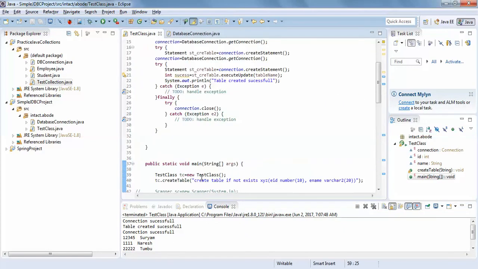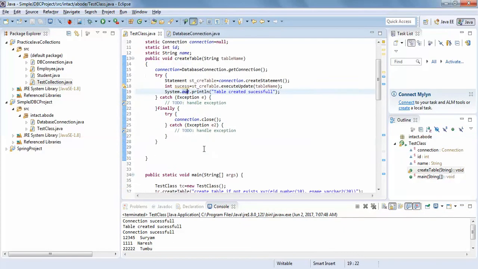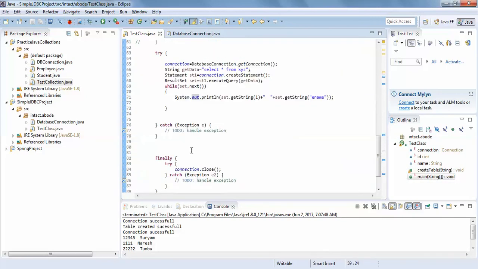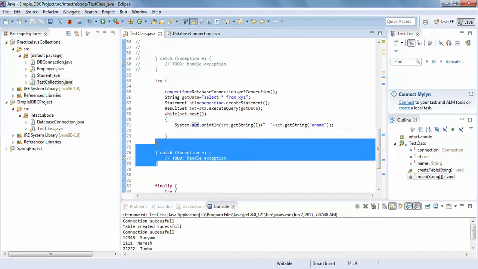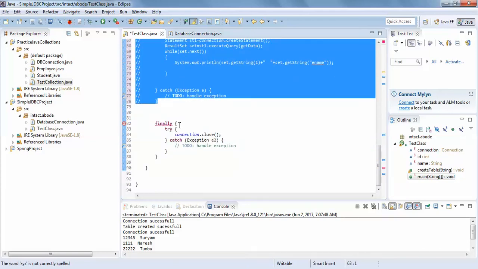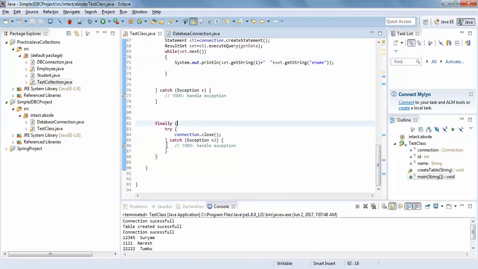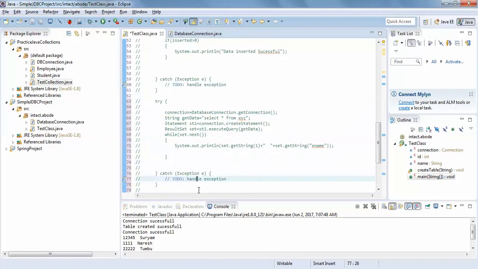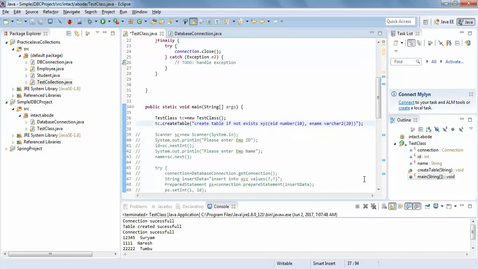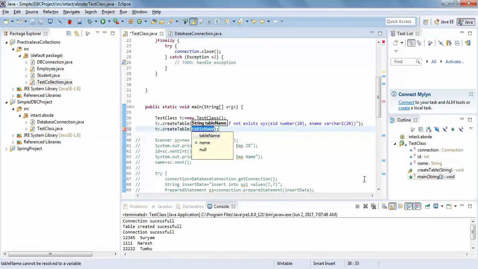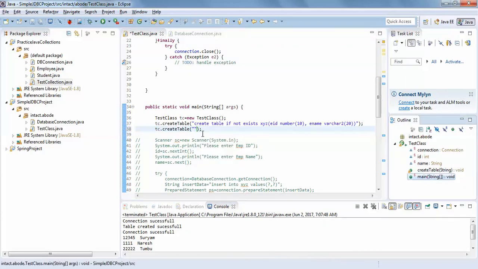Now here I have shown how to create a table. You can also create multiple tables here. For example, now I'll comment this also. Let me comment this. First, I'll comment this. Just a second, I'll completely comment all these things. Now you can see we can create one more table: tc.createTable, I'll pass another table here. Just create table